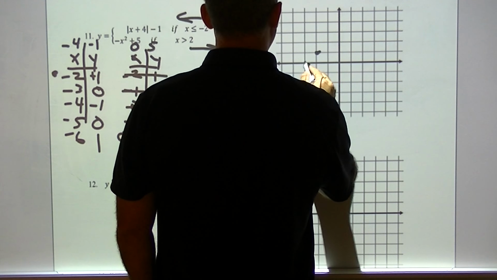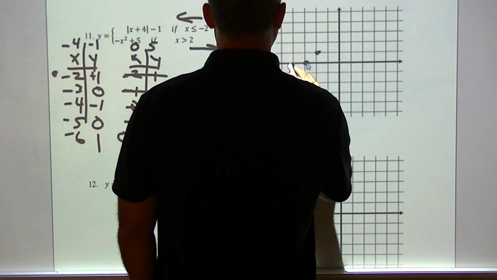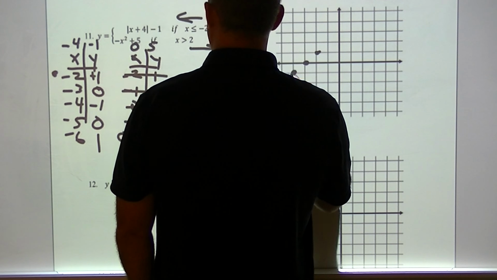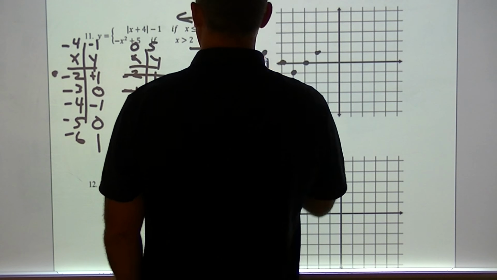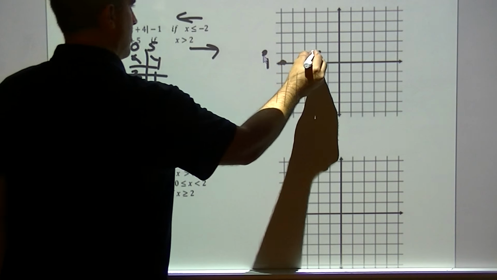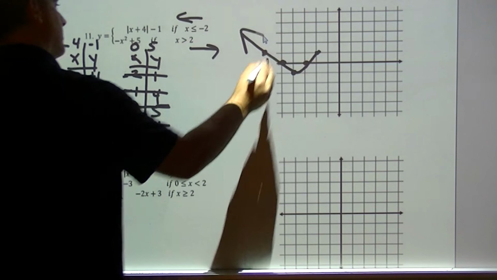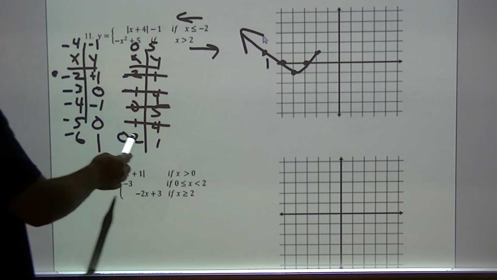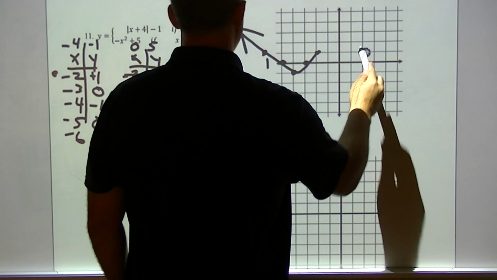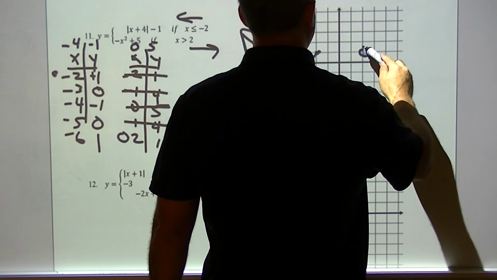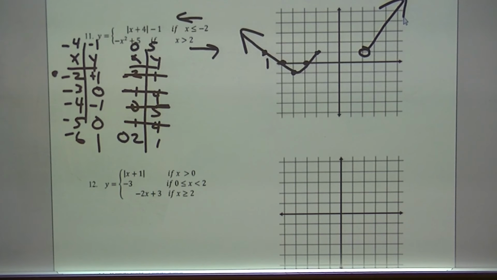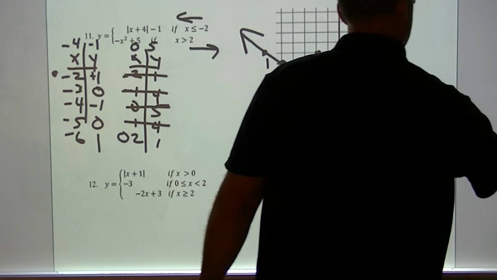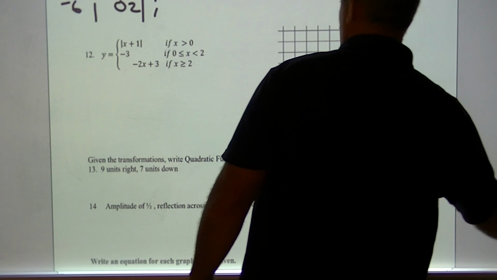Negative 3, 0, negative 4, negative 1, negative 5, 0, negative 6, 1. Okay? This is a left arrow, so this will go like this. Okay? This next one is at 2, 1. Okay? Since it is a right arrow, I would just go like this with that. All right? That's fine. Okay? And here's my